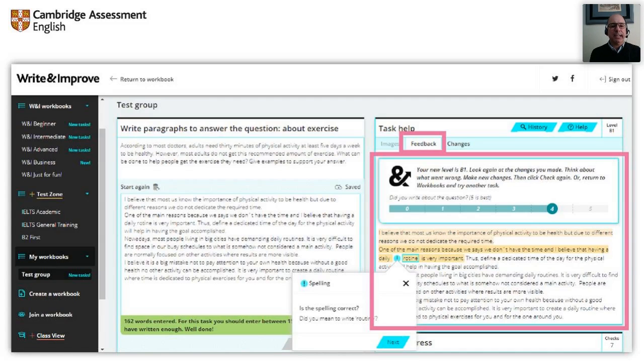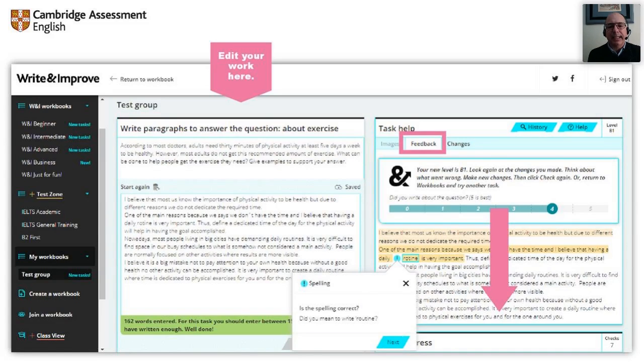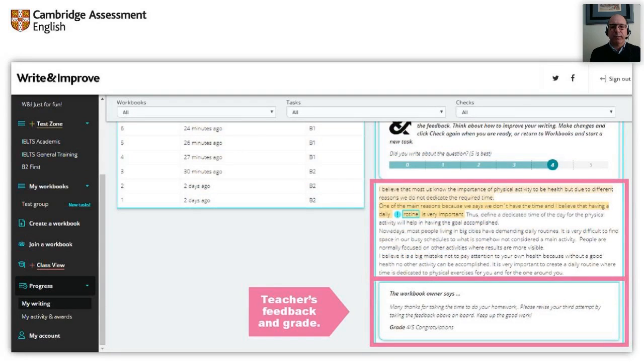So what learners see is on the left the answer that they typed, on the right the feedback from the platform, and then if they want to make changes, they go to their writing on the left, and then they can edit their work and then submit it again. They are going to see feedback from the platform, and they are going to see the teacher's feedback and grade here in this box at the bottom if the teacher has added feedback and another grade, right? Apart from the feedback they get from the platform,